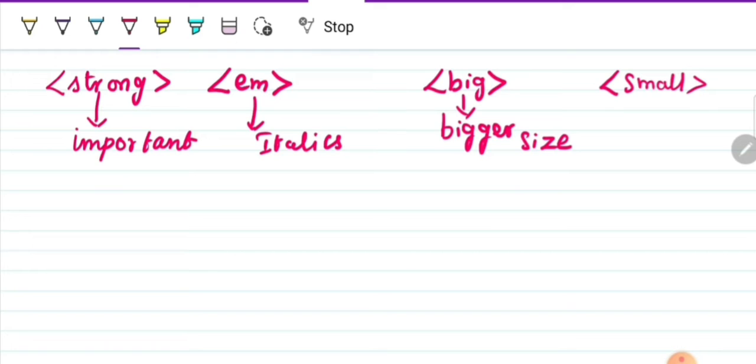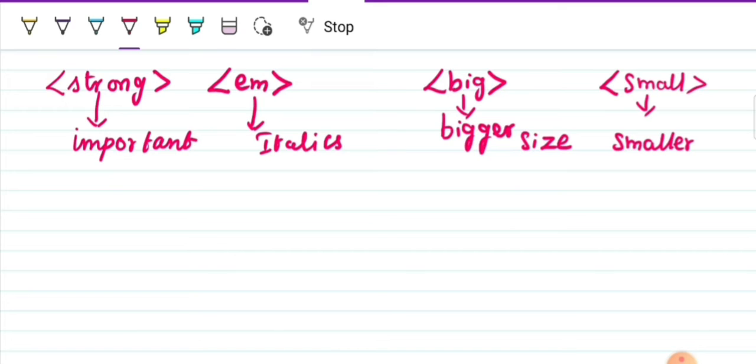Small tells that the text is smaller. The text size will be smaller than the current size. Bigger size means the text will be bigger than the normal text, and small means the text will be smaller than the current size. Okay? So that is your small.